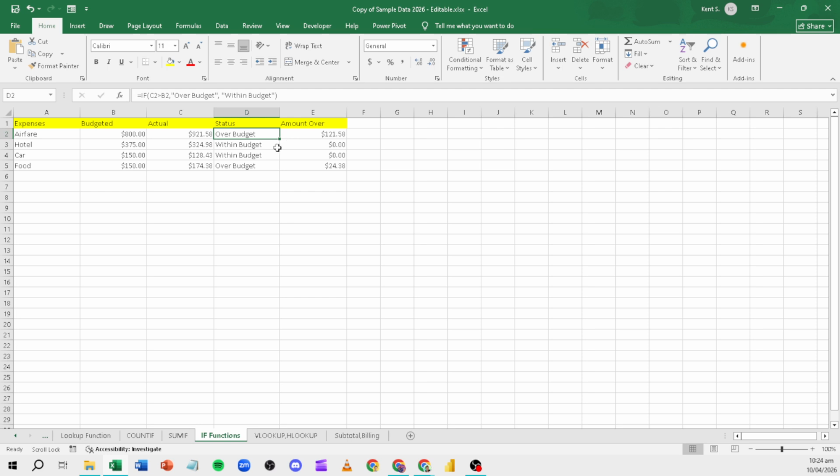As a tip, be consistent with your comparisons and text spelling to avoid mismatches, and consider using cell references for thresholds so